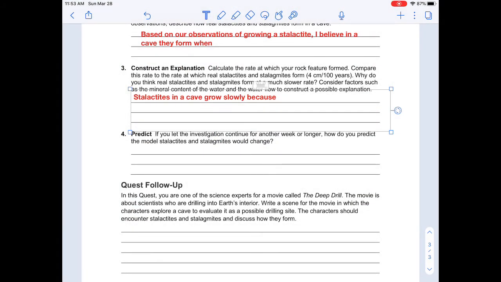All right, predict. If you let the investigation continue for another week or longer, how do you predict the model stalactites and stalagmites would change? So if we ran this experiment for 2-3 weeks, what do you think would happen? Okay, so you would say something like,